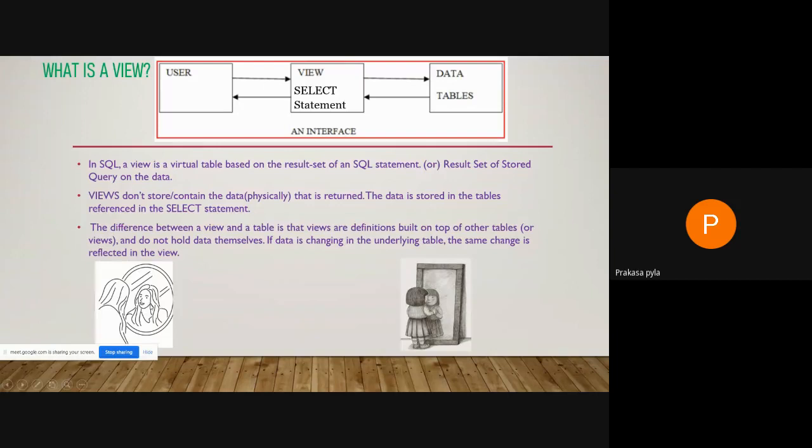Similarly, the same applies to the view also. See here, only one part of the girl is visible, whereas here the complete body of the girl is visible. That means according to your requirement, you can use the select statement. You can retrieve the result set based on the condition, or if you want, you can retrieve the complete table.